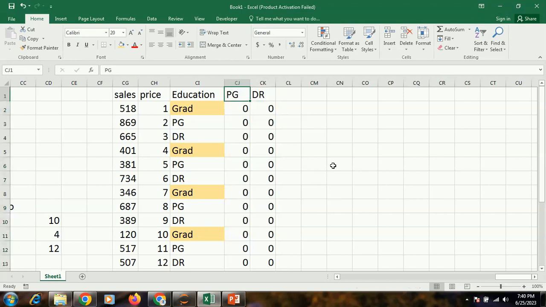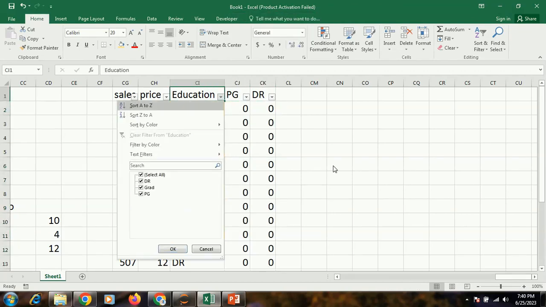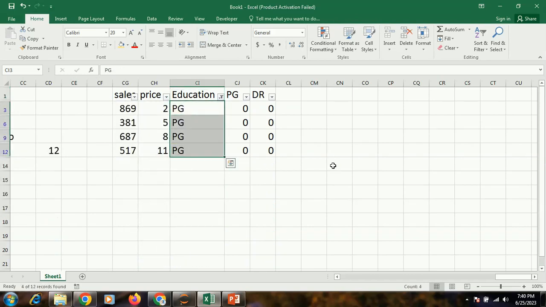Okay, and under this education column, wherever you have PG, under this PG column, you just replace them with 1. That means wherever under education you have postgraduate, here you write 1. That means these are the postgraduate rows.